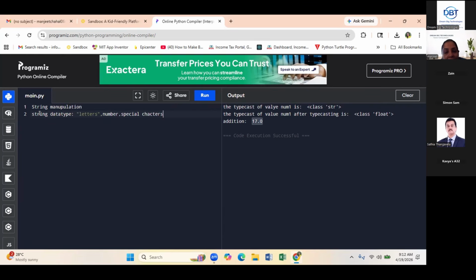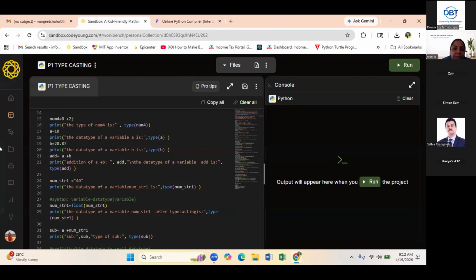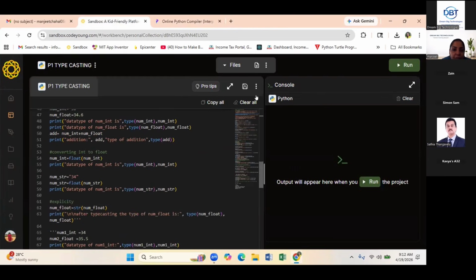Right now you have just done a string. I have written the number value 12 in double quotation. So what has happened? They have taken everything as a string. So anything you write, whether it's a letter, number, or a special character, it is going to be treated as a string only. Characters. All right.